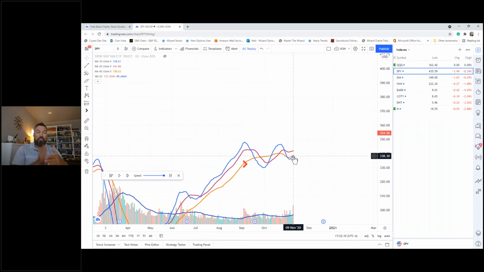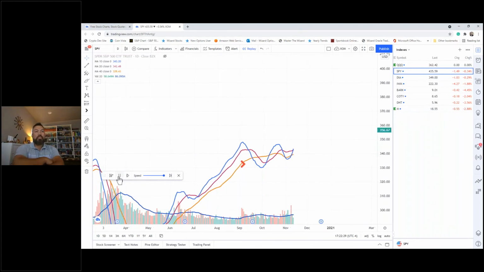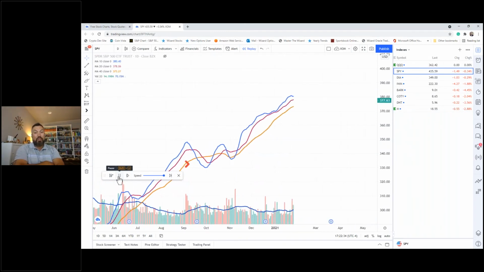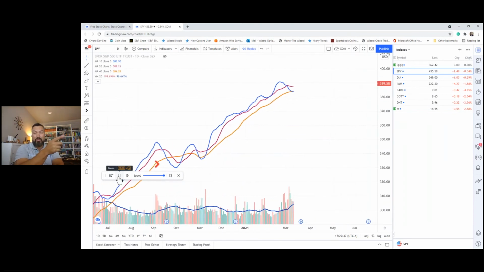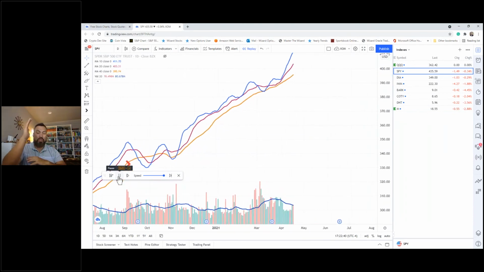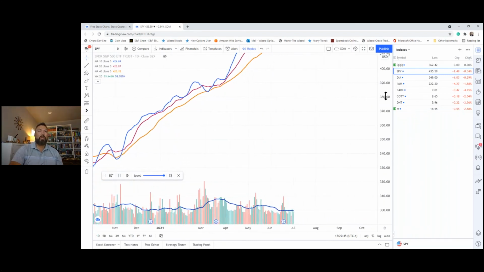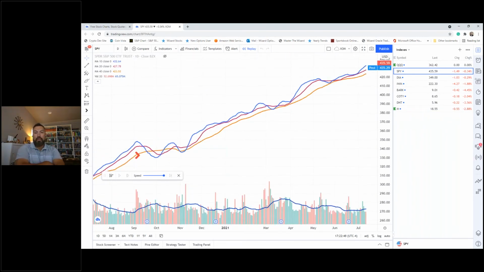So what we look for is a cross of the 10 above that 40. We're looking for the cross with a surge. If we get a cross with a surge, that's something to trade. That's what I want to trade, because the outcome is we get into a momentum reversal position. Don't you want to be back there in November? That's how you stack all of this vertically together into a trading strategy. I have to scroll up here to catch this because it went up like a rocket. And here we are today.